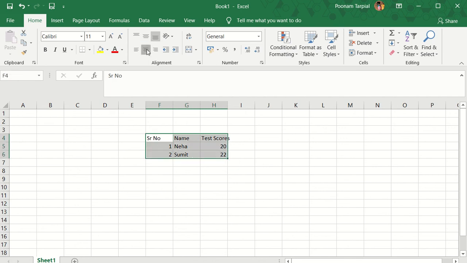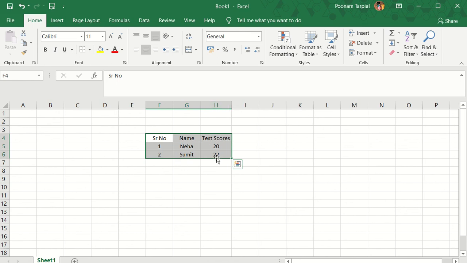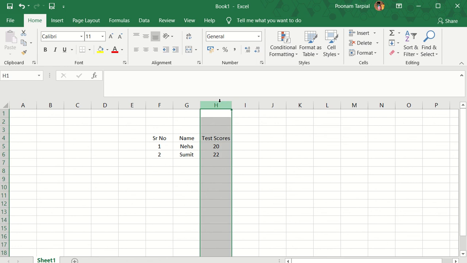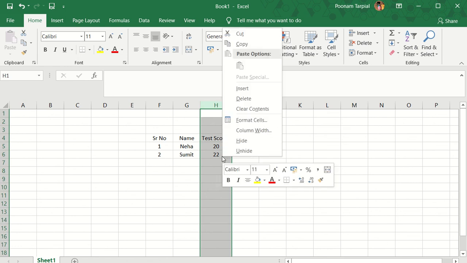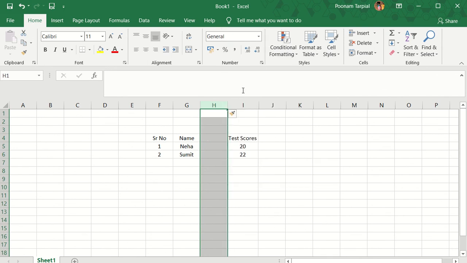Now once we have created a table, let's say that you would like to add another column altogether. Whenever you want to add a column, you need to highlight that specific column, and then right click from your mouse. Click on insert, and the column would be inserted towards the left of it.